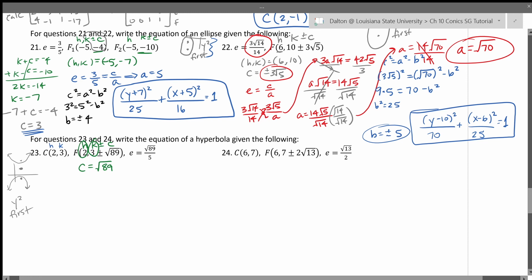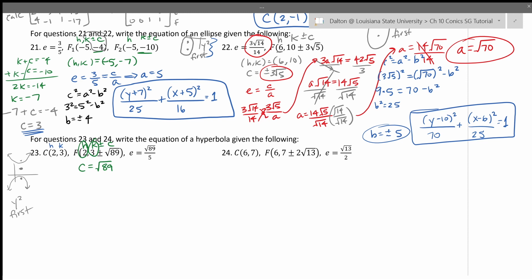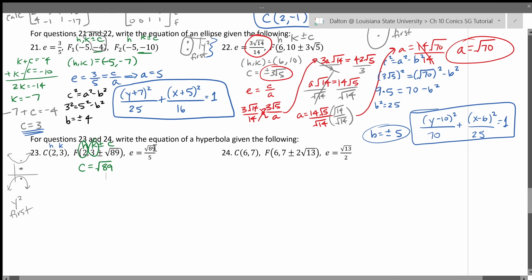So if c is the square root of 89, I need a and b in order to write the equation of this hyperbola. I don't have any other information, so I have to go to eccentricity now. Eccentricity is given by c over a, but I know for a fact that c is the square root of 89. So if c is the square root of 89, then that must claim that a is also